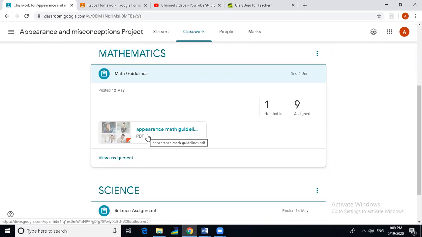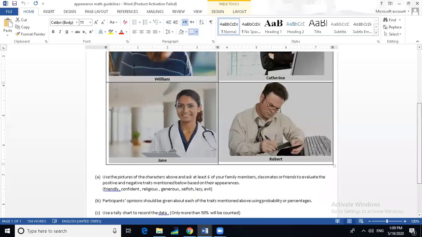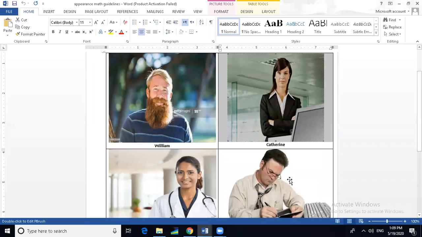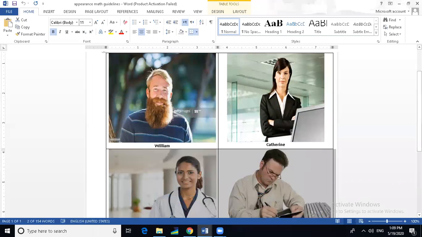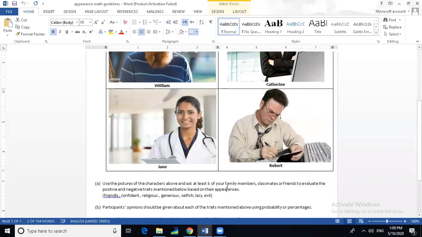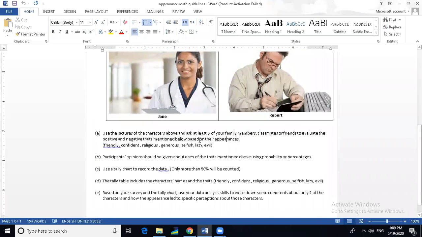I'm going to upload the Word file because you're going to need to copy the pictures, as we agreed in the live session, into the project template. All right. Once you open it, this is how it's going to look. You have the pictures of 4 people: William, Catherine, Jane, and Robert. What are you going to do exactly with these 4 pictures? As mentioned here in the guidelines, you need to